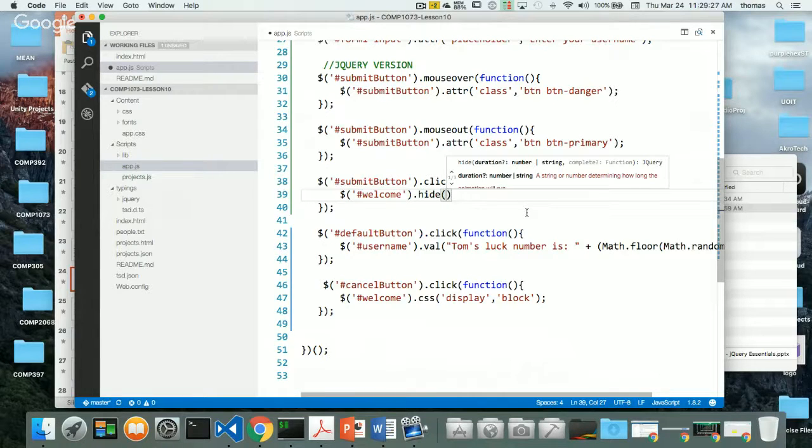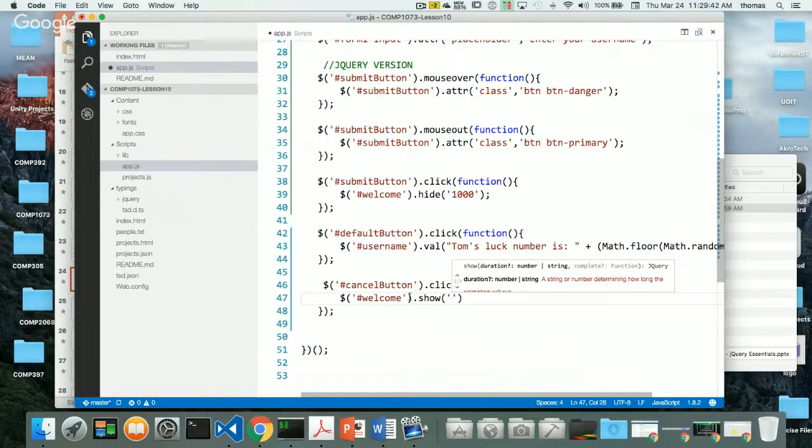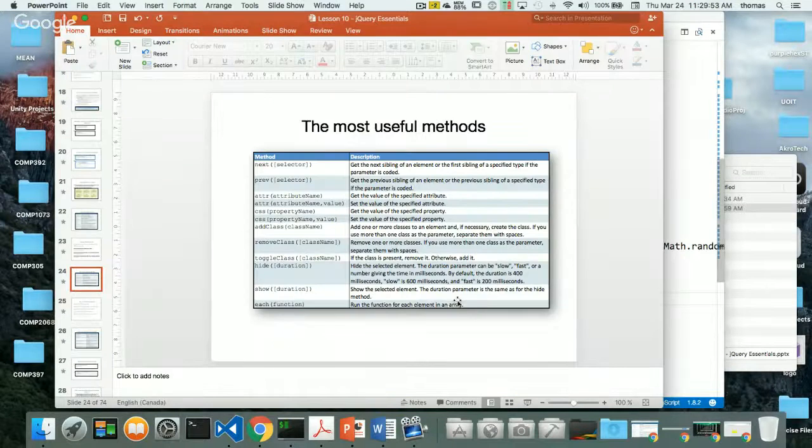So let's say I want to hide it over 1,000 milliseconds. That's really slow, right? And again, I want to bring it back. So I want to show instead of hide. I want to show an element, and I'll bring it back in 500 milliseconds, a little bit faster, right? Of course, the phone will ring when I'm here. Let's check this out. So just hide and show. Let's see what that does, and if it's any different than what we were doing before. So we'll go back,